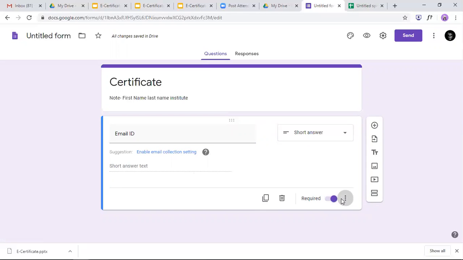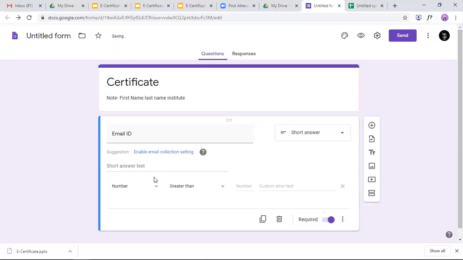And then there is the more advanced option, response validation. You come here and use regular expression and matches, and paste whatever you have copied from that cell. So all the email IDs will come here. Only if it matches the roll number or the email ID can they fill the form. Then we give an error message, like, oops, enter the registered email ID. So we put the message here.